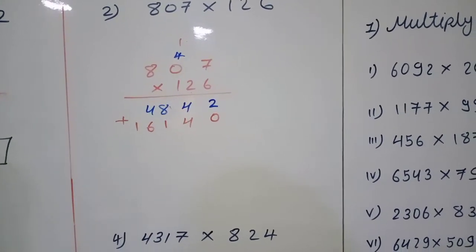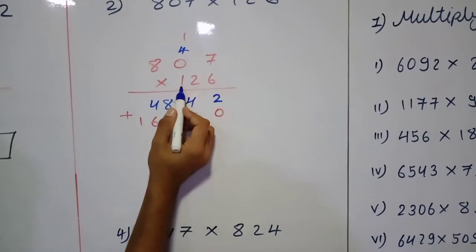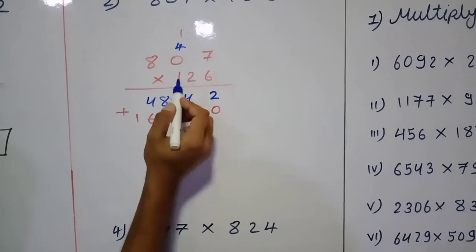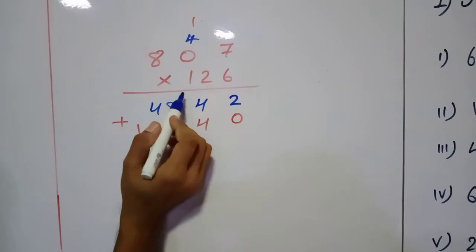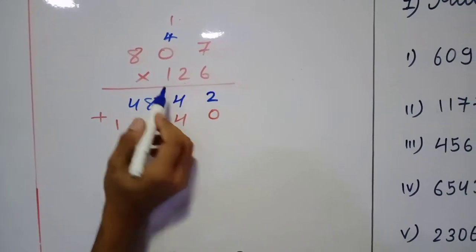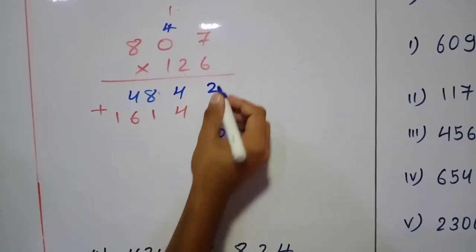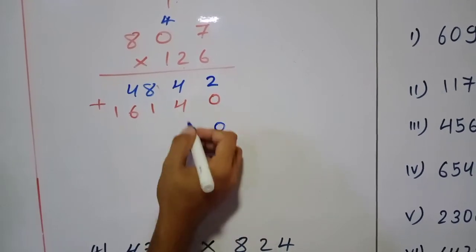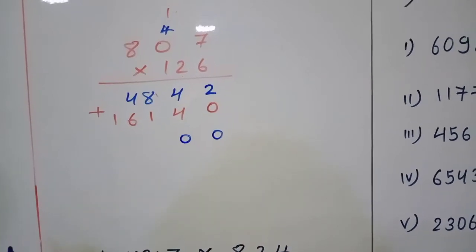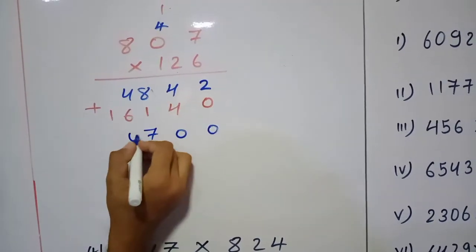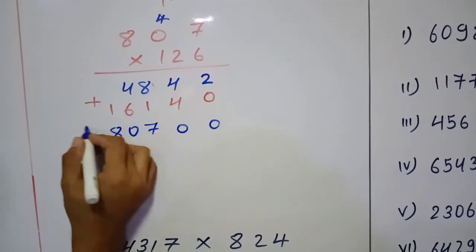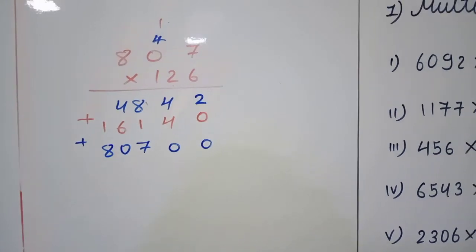Here we have the digit at the 100 place also. So we are going to multiply with the 100 place also. Whenever we are multiplying by the digit at the 100 place, we have to put two zeros, one in the place of unit, second in the place of tens in the next line. So 1 seven is 7, 1 zero is 0, 1 eight is 8. Put the sign of addition over there.